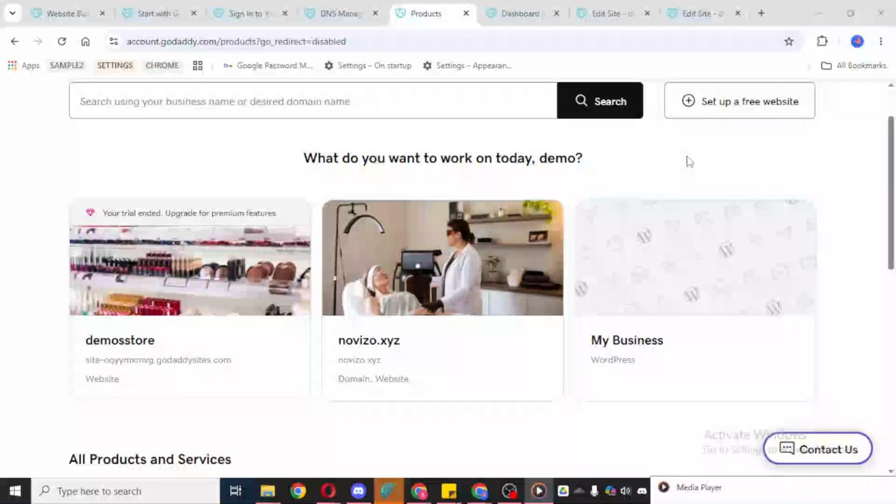In today's video, I'm going to teach you how to add an Instagram feed in GoDaddy. If you want to display your latest Instagram content directly on your website, GoDaddy makes the process pretty simple. Adding an Instagram section is a great way to keep your site looking fresh and visually engaging, especially if you regularly post photos, reels, or updates on your Instagram account.